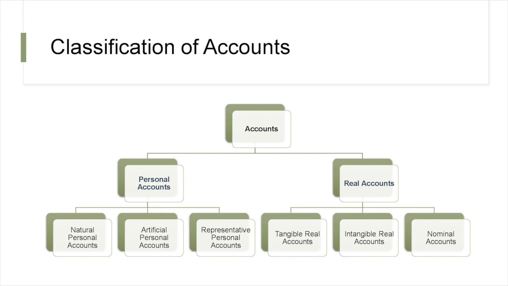Now, I said there's a third type of account, the nominal account. This account does not represent any tangible asset. It is called a nominal or fictitious account. All kinds of expense accounts, loss accounts, gain accounts, or income accounts come under this category, which is known as the nominal accounts. For example, like I said, the rent account or the salary account, or for that matter, an electricity expenses account or the interest income account. These are some examples of nominal accounts.